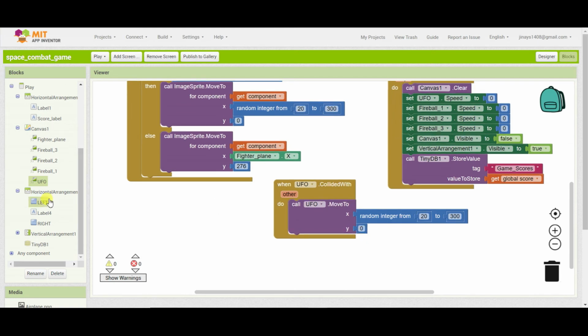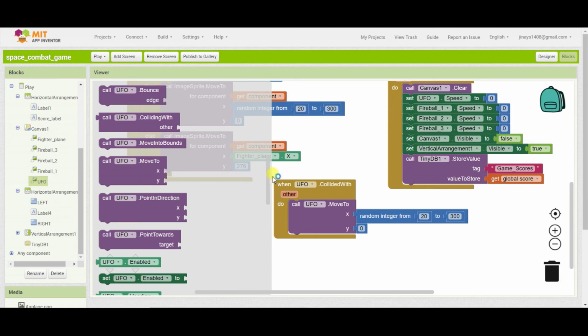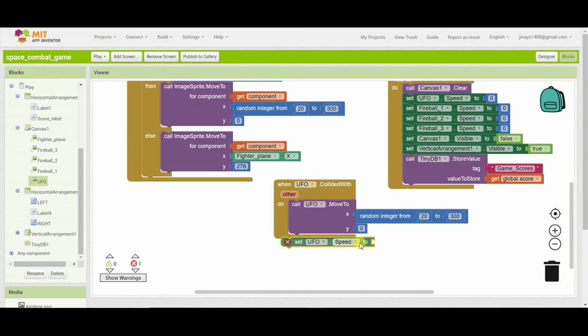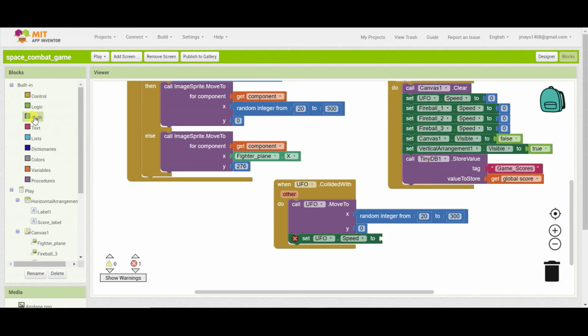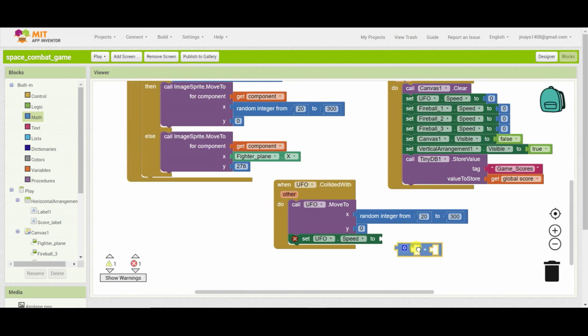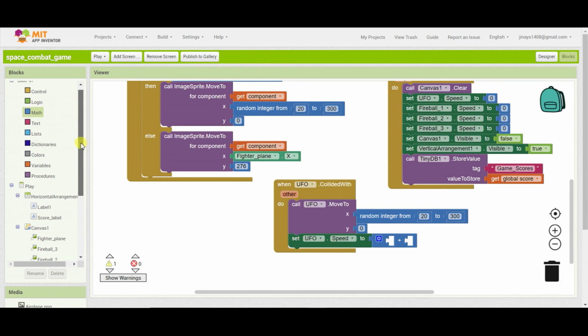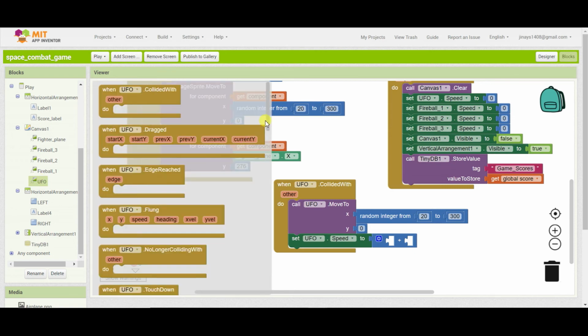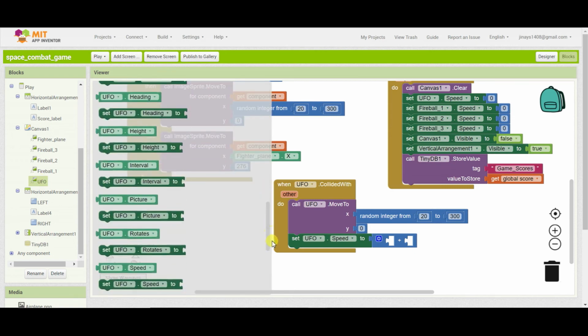And we have to set the UFO speed to +1. So we are basically making the game a little more difficult as the score increases. So the speed will increase and it will become much more difficult to hit the UFO.